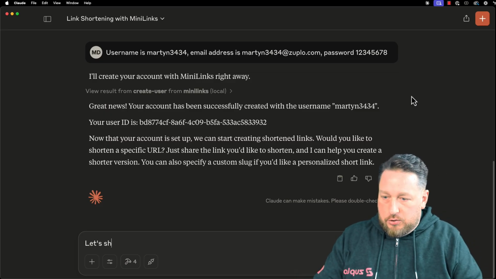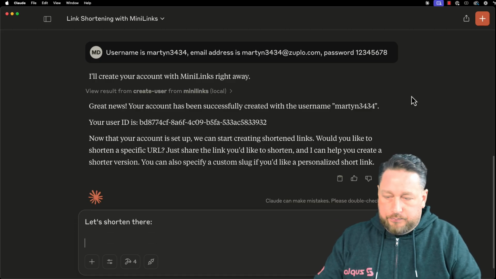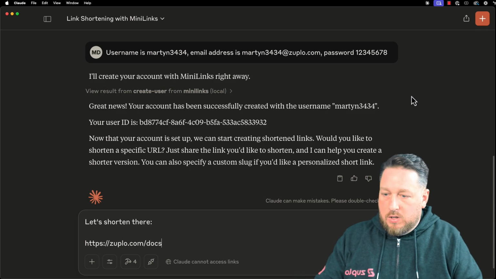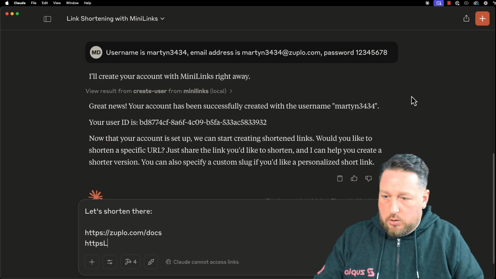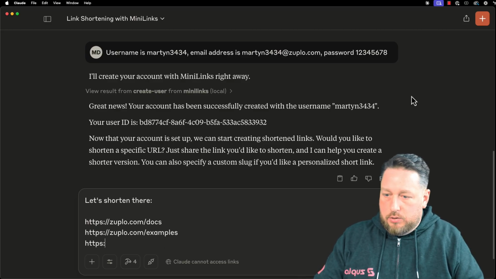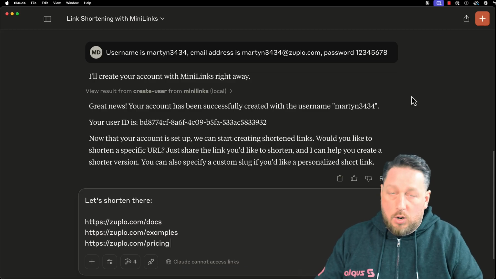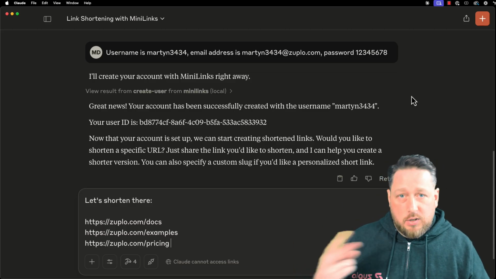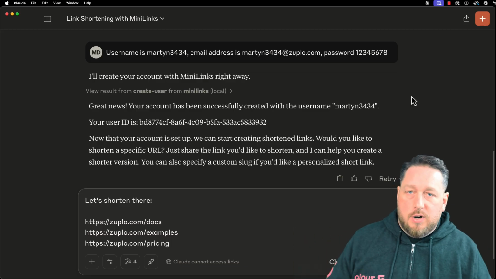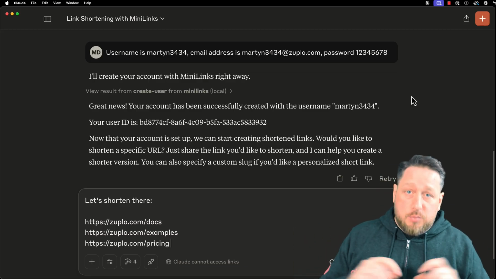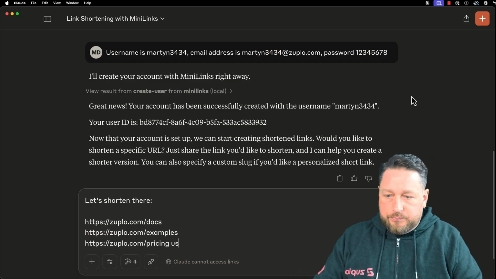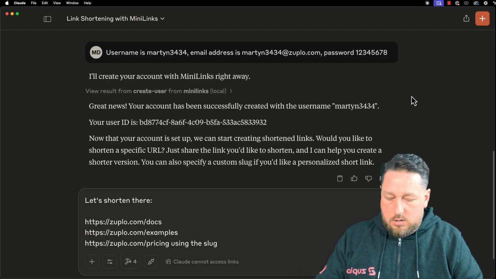So let's shorten 3 different links. We'll do, first of all, zuplo.com/docs. We'll do zuplo.com/examples, and we'll do zuplo.com/pricing. And for this one, what I want to do is specify a custom slug. So the first 2 will get generated slugs, so just whatever, like a random string of letters and numbers. This one I want to have a very specific one assigned to it, so I can do that using the slug